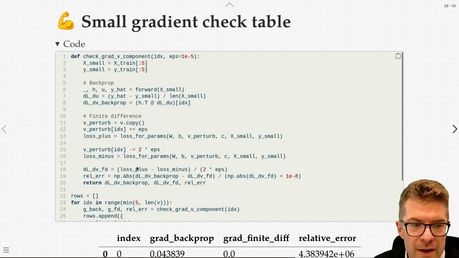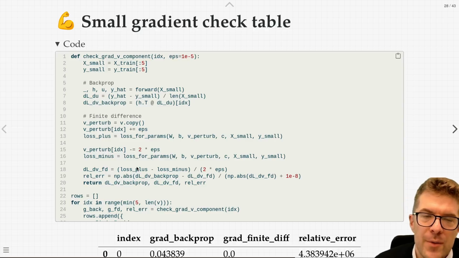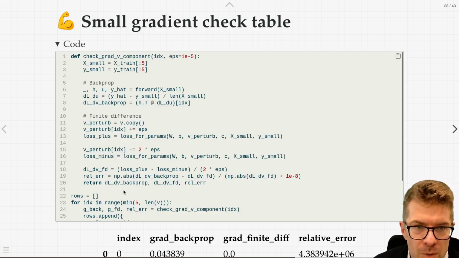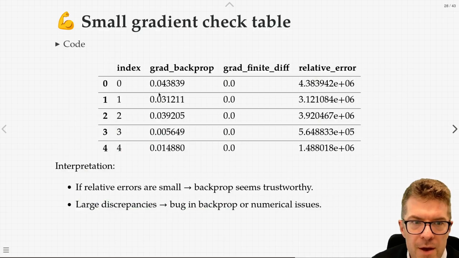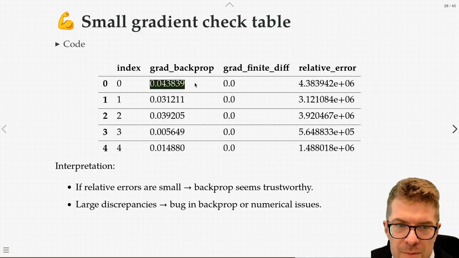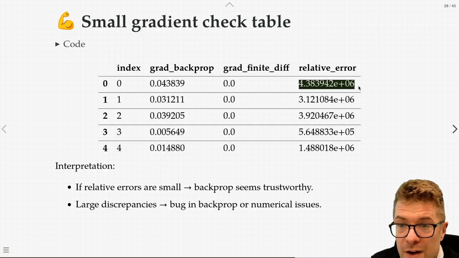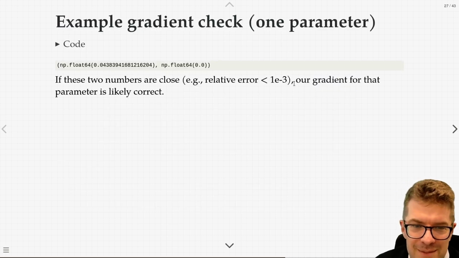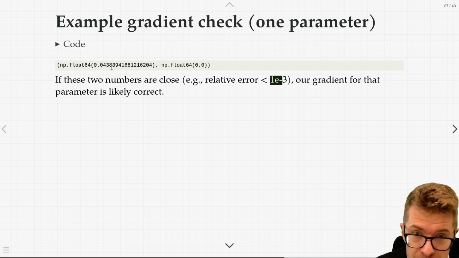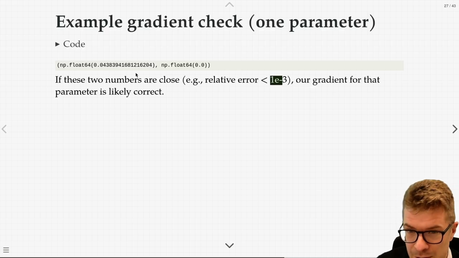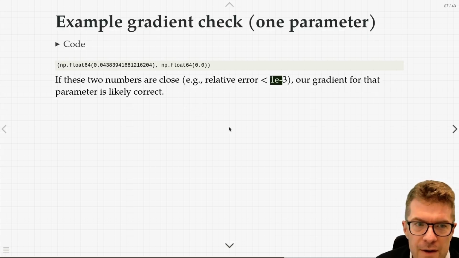Here is not just one single sample like we saw a moment ago, but many samples over training data. Here are 5 indices. Here's our gradient-based backpropagation, or more conceptual approach. Here's the grad finite diff. Here's the relative error. Actually, yeah, so we are happy. Sorry, I misspoke a moment ago. This actual straight difference is bigger than 1 to the -5, which would indicate that something's wrong here. But the relative error is